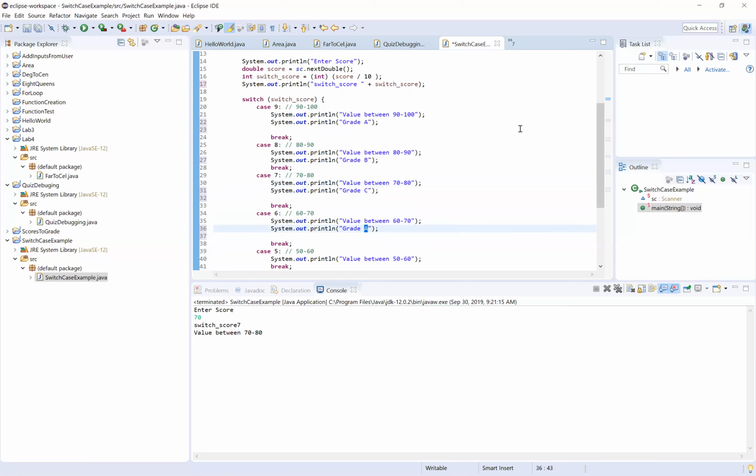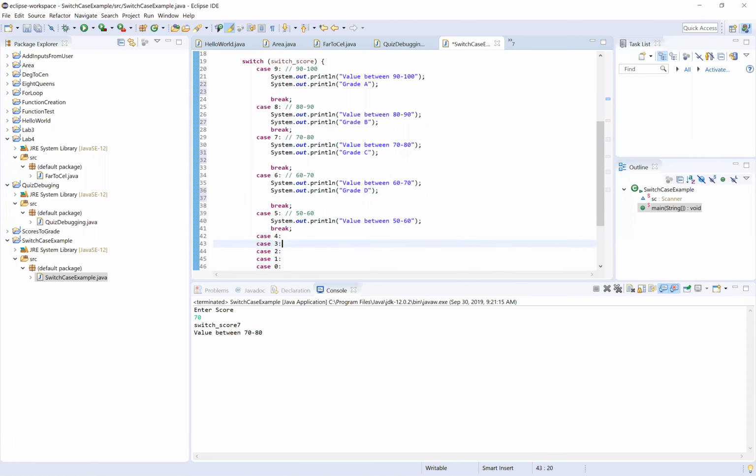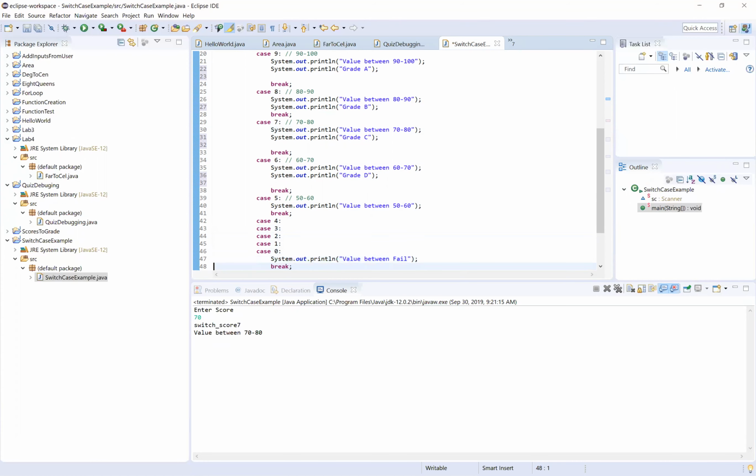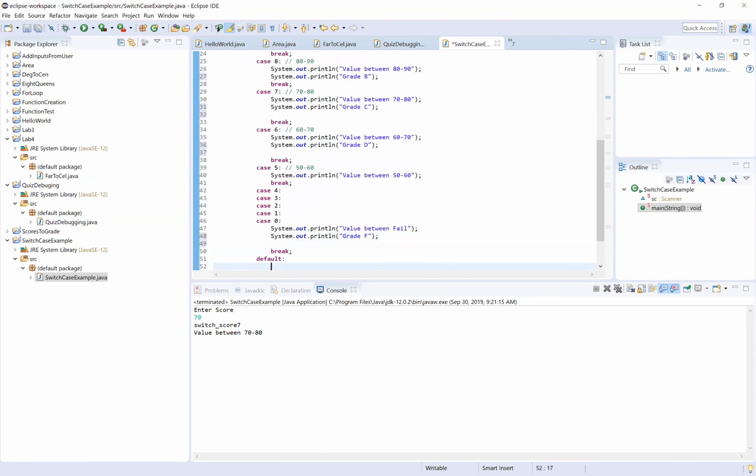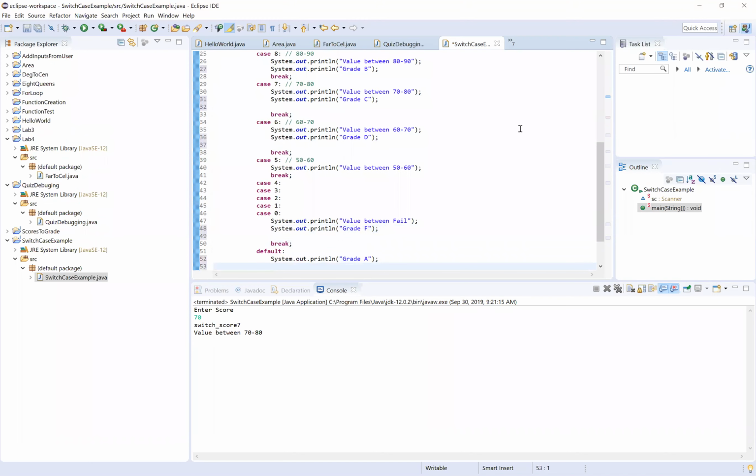The only thing to take care about is that for multiple values, I can put these together. That means for case 4, 3, 2, 1, 0, it will give me this value. So I can say grade F here. Now the issue, and I can say for default, which I have not covered, I can say grade F. So if I have that, that means grade E,